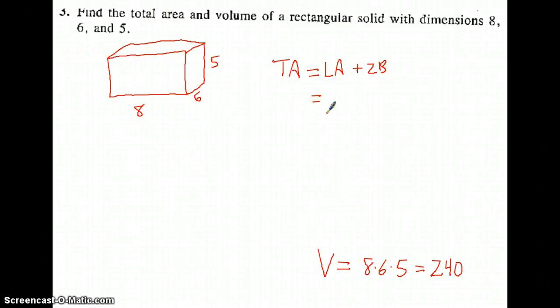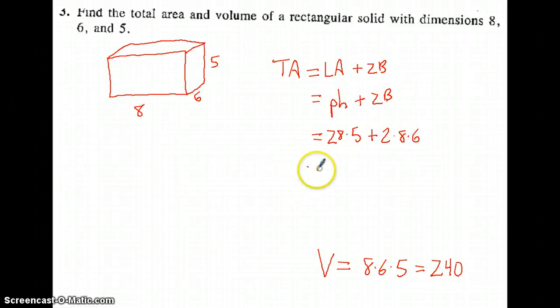Lateral area, I'm considering my perimeter of base to be my 8 by 6 side here. So 8 plus 6 plus 8 plus 6 is 14 times 2, that's 28. Height is 5. And the way I have it sitting, if I'm going to use that as my base for this perimeter formula, I need to use the same base in the calculation over here, which is the 8 by 6 side. 28 times 5 is 140. And 48 times 2 is 96. So this is